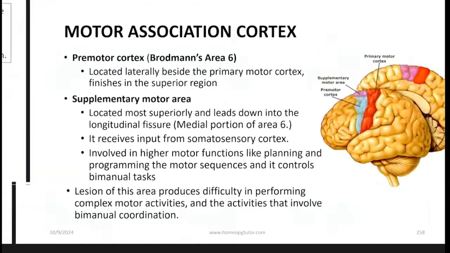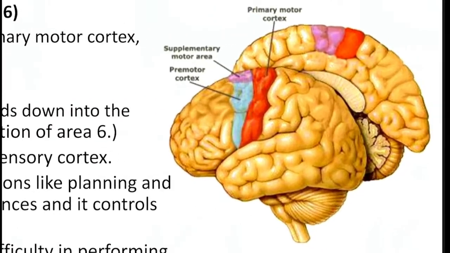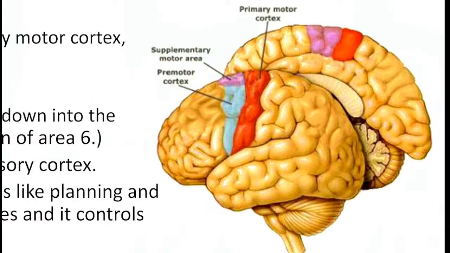Next one, we have something called the motor association cortex. Talking about the motor association cortex, we have a premotor cortex, which is Brodmann area 6, as well as the supplementary motor area. I have already mentioned they are dealing with planning, sequence, as well as execution of the movement. When we talk about the premotor cortex, you can see the one marked in red or orange is the primary motor cortex, and the one in blue